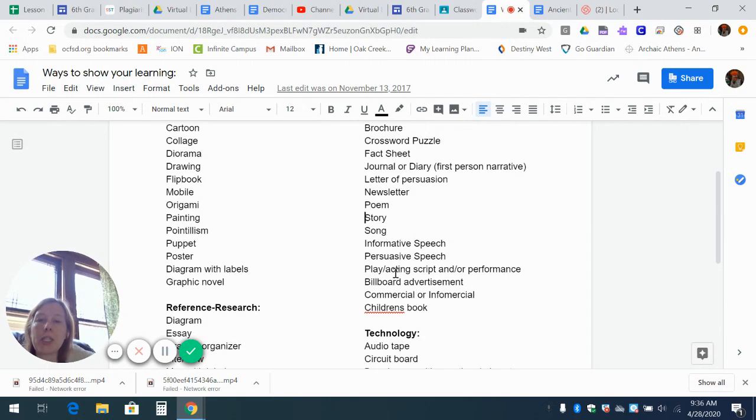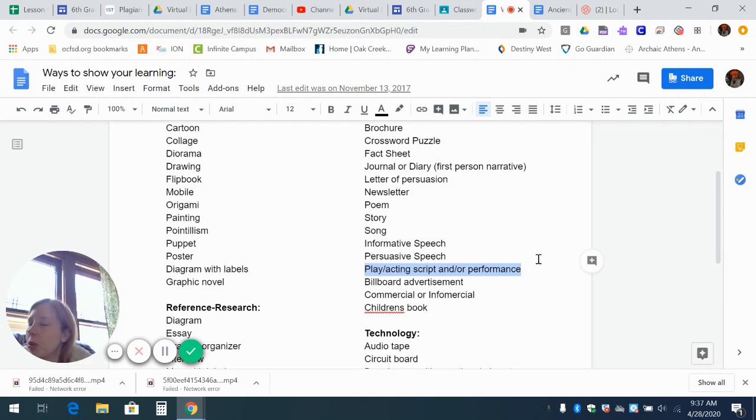Do you want to create a play and act it out with your family that you're spending all your time with at home? Like, do you want to give roles to parents and siblings and the dog and the cat and the guinea pig and the snake and the hamster and whomever else is there, or different stuffed animals? And do you want to act it out and then film it and then show it to me that way?